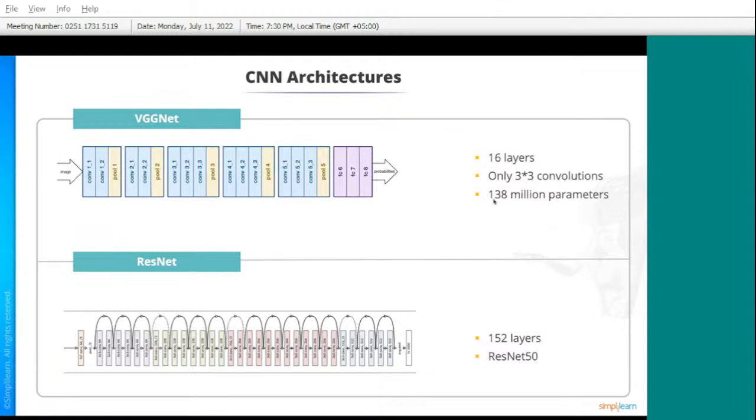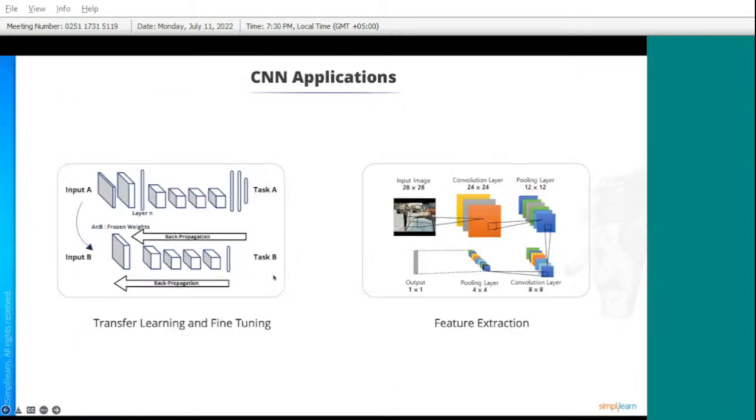It's a pretty deep model itself, but it's not that big actually. Though the layers are not there, it's okay. It's an average model nowadays, below average even. ResNet is a much bigger model. It has 152 parameter layers, and there is also ResNet 50, which is a 50 layer model. There are variations of it, and these are very popular